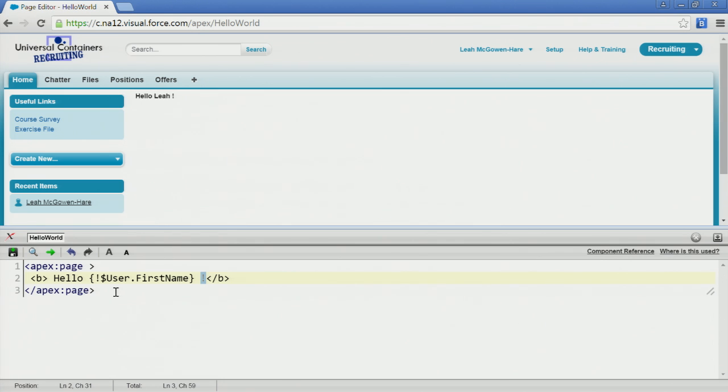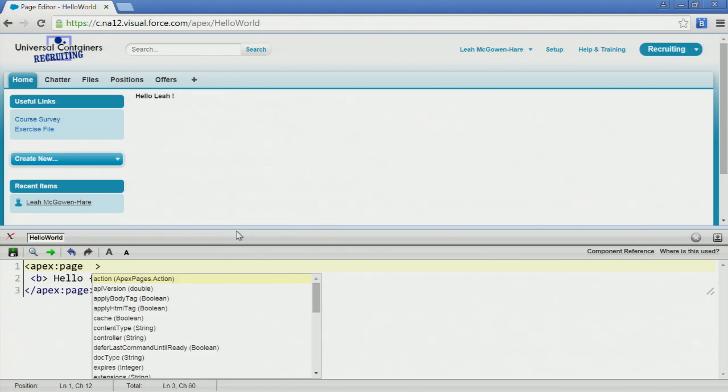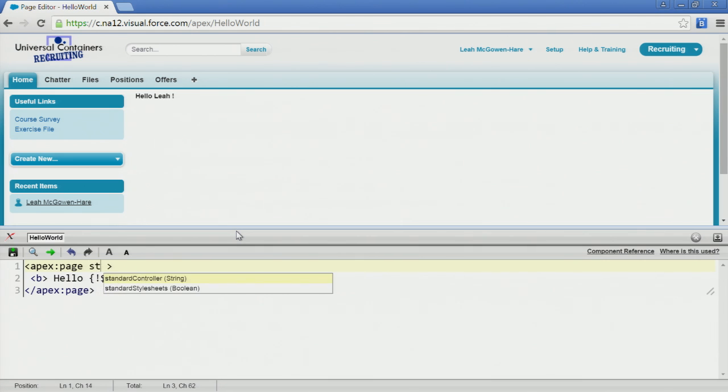So I'm now moving on to step number 4. And here, we're going to take our cursor and go apex:page. And then what I'd like you to do is do space. Now, all of a sudden, these things popped up. What is all this information that popped up? These are all of the attributes that are available to our tag. We want to go ahead and use a controller, but we're going to use a standard controller. So as I type in standard, it auto-populates for me, and there I get the option of selecting standardController. And in here, I'm going to say standardController equals Position